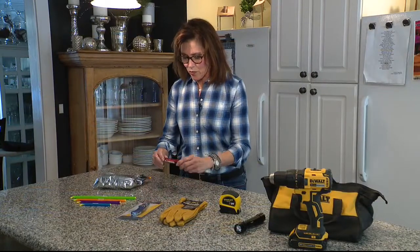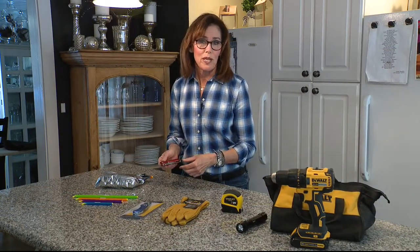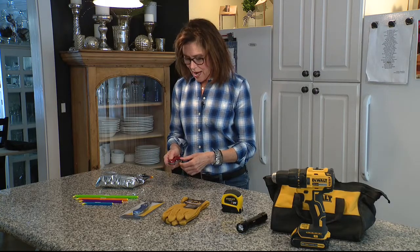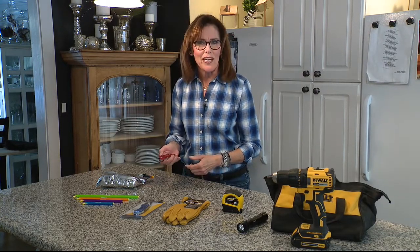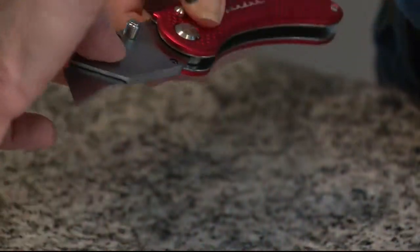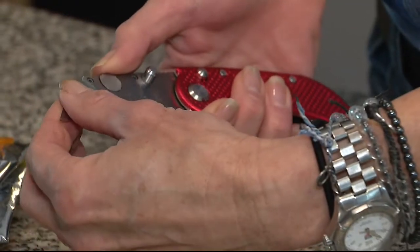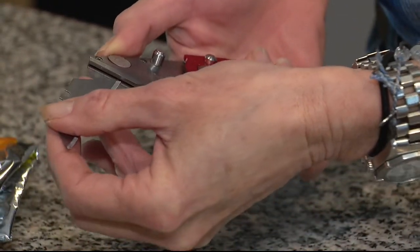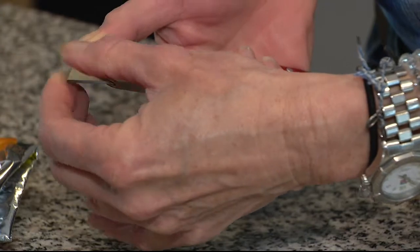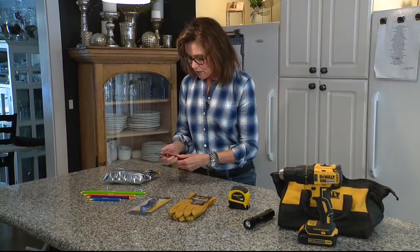This next one is one of my absolute favorites. Everybody's got a razor knife in their shop or maybe garage or a kitchen drawer. I don't like the kind with the sliding switch. Now they have these that work more like a pocket knife, and this brand is my absolute favorite. This is from Harbor Freight, a Gordon razor knife. It works like a pocket knife. I love how easy the blades come in and out, and I love that it folds so that it's safe